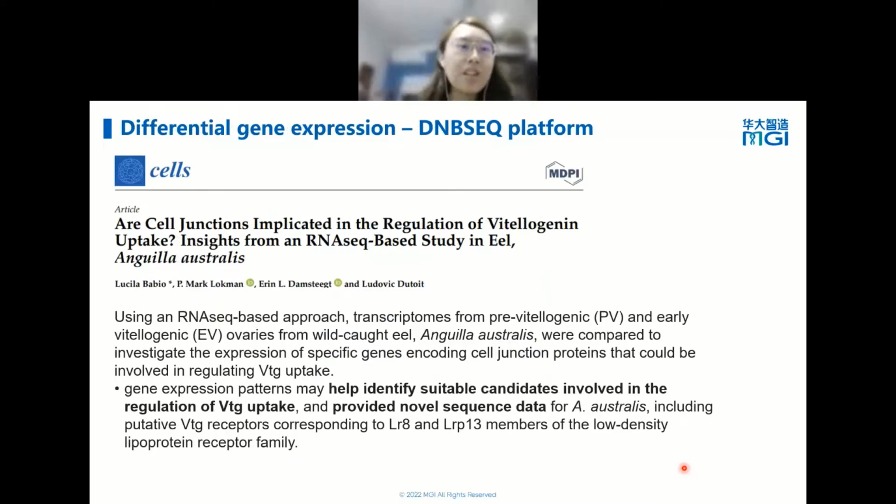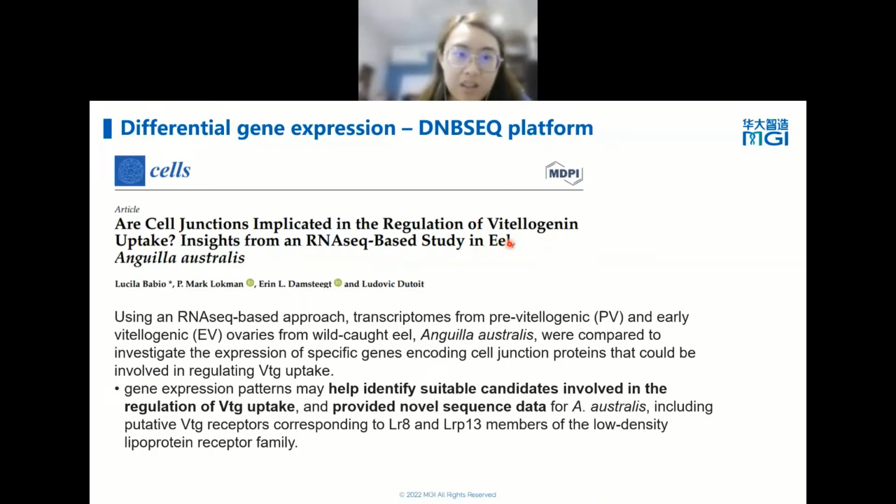So now I will share with you some examples of RNA-seq applications based on projects undertaken by BGI and MGI using our DNB-seq platform. The number one most common application, at least in the research community, is differential gene expression, as I mentioned. So in this project, basically,